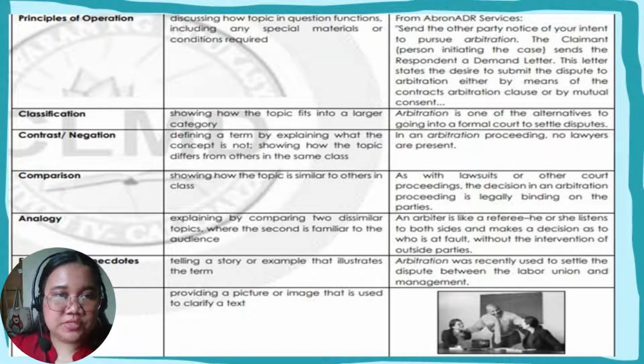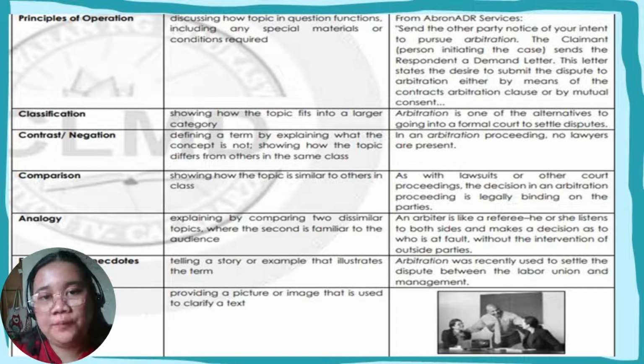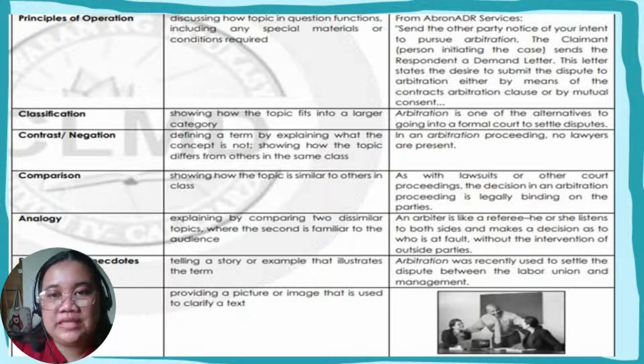So the next technique is principles of operation. So discussing how the topic in question functions, including any special materials or conditions required. For example, from Abron ADR services, send the other party notice of your intent to pursue arbitration. The claimant or the person initiating the case sends the respondent a demand letter. So this letter states the desire to submit the dispute to arbitration